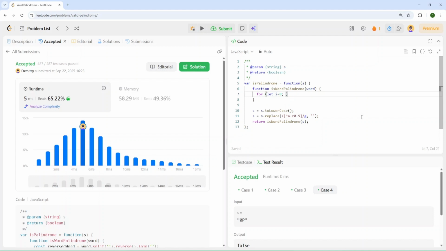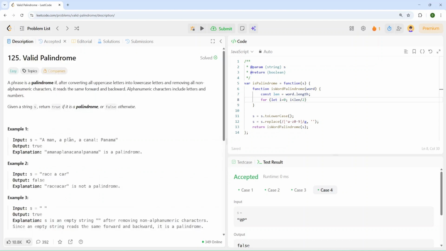For let i from 0, and let's add a new const for length, like const length, and provide word length. And I'm going to go to this length divided by 2, and I would like to take one letter from the beginning and one letter from the end, and go one by one.